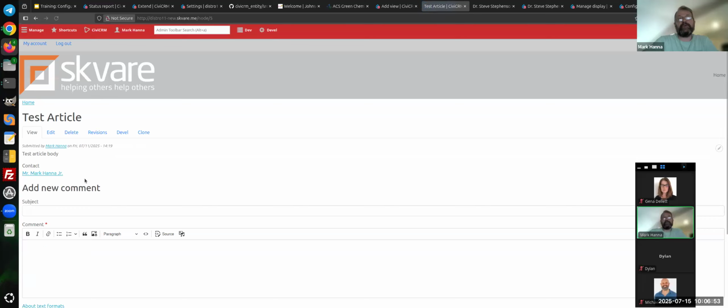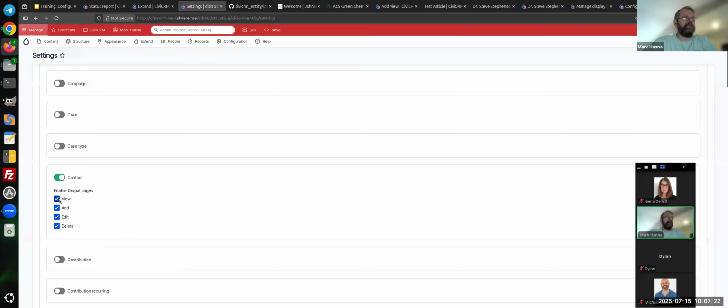There is one difference from what you're seeing. Right here is a link to a contact. So I'm displaying the value of that reference field, and by default, it's just a link to the entity. If you do not have the contact type enabled, in particular the view page, then this will not be a link. It will just list the display name of that contact. Because I have enabled CiviCRM contacts here, and I've checked this view page box,